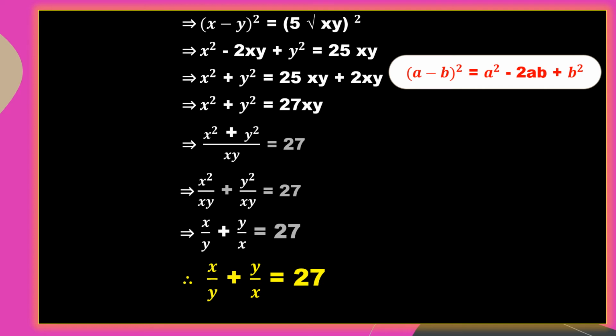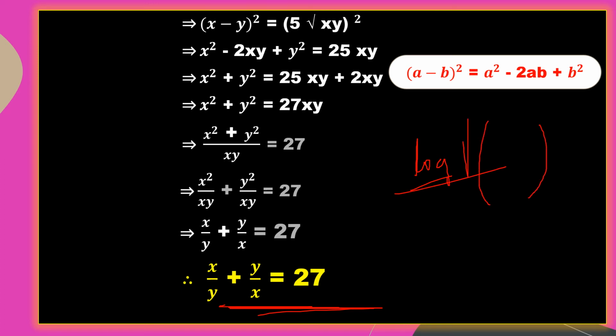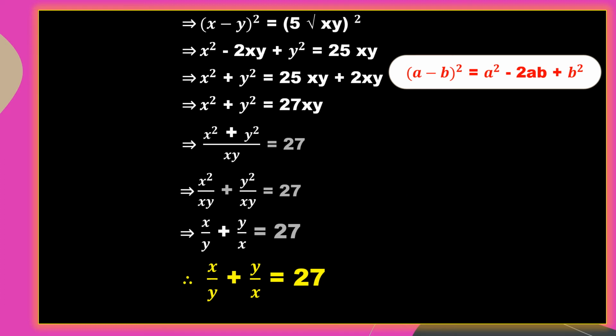So simple. First take whatever he gave. First our step is to cancel the log on both sides. We don't want this log, because in the question he didn't ask to give in log. To remove the log, we should write the square root as a power 1 by 2. After writing in terms of power 1 by 2, you should do squaring on both sides. Suppose here root x is there, so x power 1 by 2 is there. x power 1 by 2 means we should write as root x.